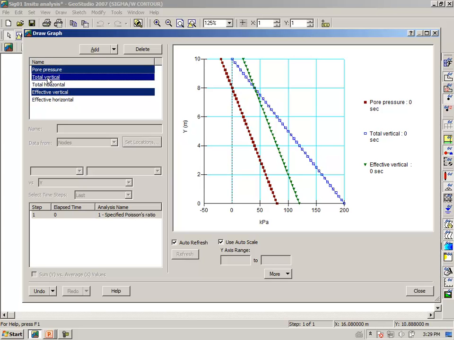So we already established that the pore pressure is 80, the total is 200, therefore sigma V effective is equal to 200 minus 80 is equal to 120,